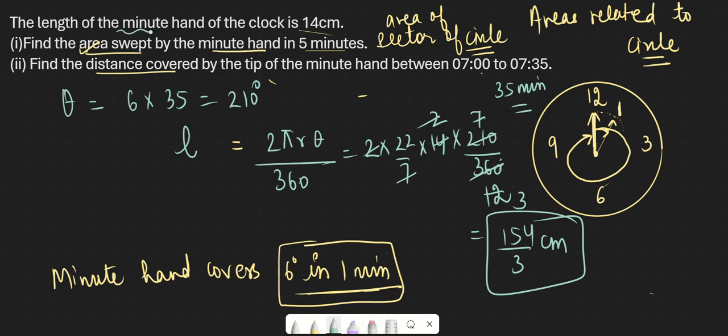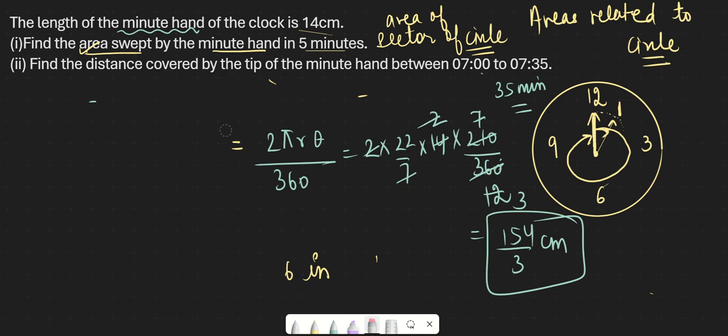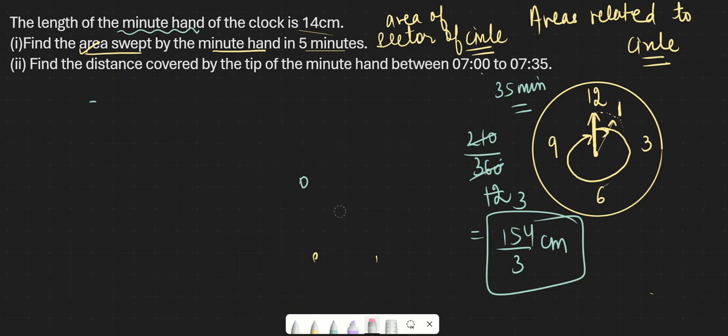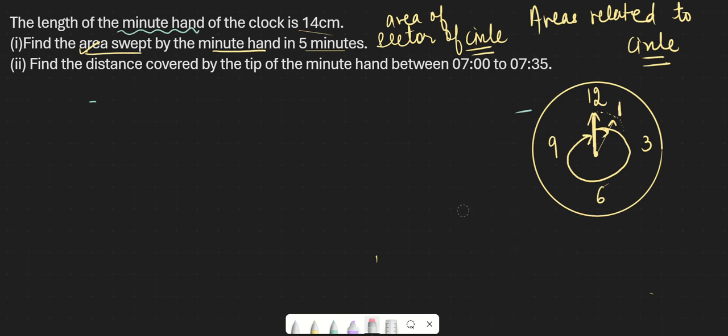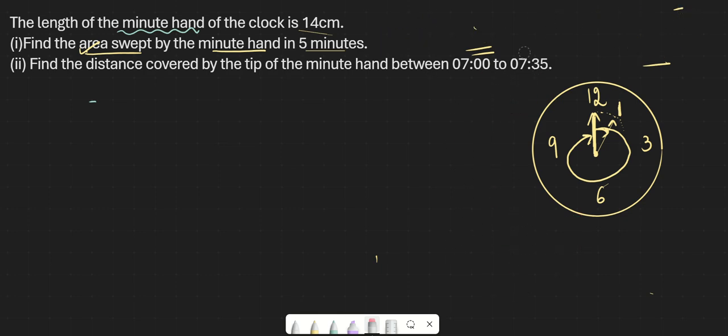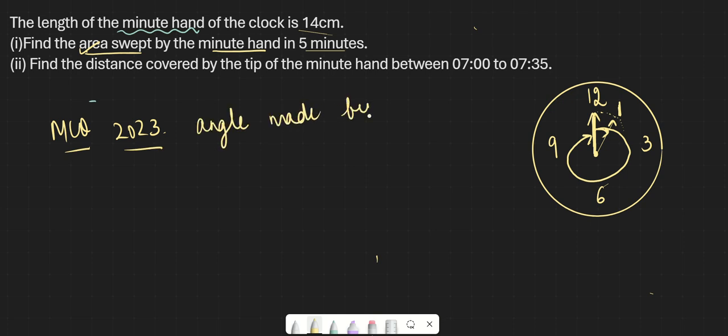ये तो बात हुई मिनट हैंड की. अब इसी के साथ एक रिलेटेड टॉपिक आता है आवर हैंड, राइट? डिस्टेंस कवर्ड बाय आवर हैंड और डिस्टेंस कवर्ड बाय मिनट हैंड. Now in boards paper 2023, there was this question related to hour hand. It was a very simple one, MCQ tha for 1 mark, MCQ in board 2023, which was what is the angle made by hour hand. So the basic concept is to find the angle made by hour hand in 35 minutes itself.